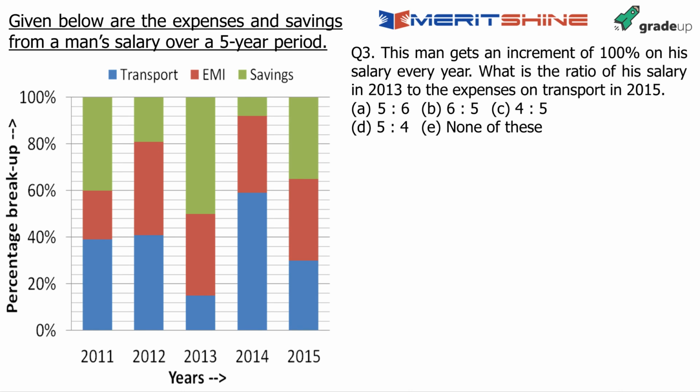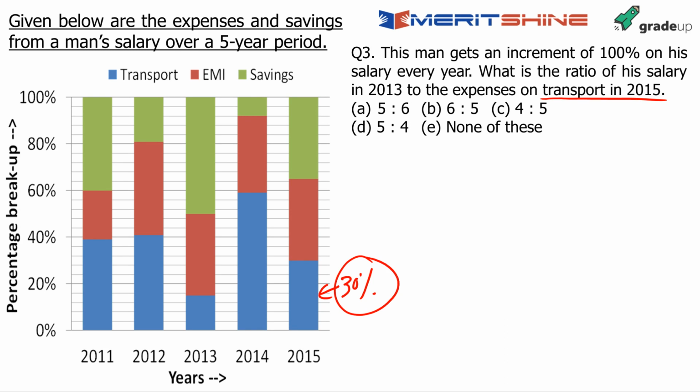It's an easy one. Kavita, I'll always give you the shortlist logic. I do not believe in giving you extensive calculations. Give me this answer. This is the easiest of the three that I've discussed. Expense on transport in 2015. Where is transport here? This blue part is transport. How much is this? This looks like 30%. This is simple.